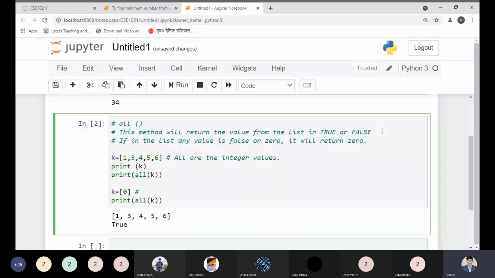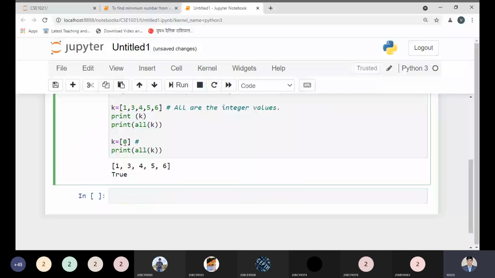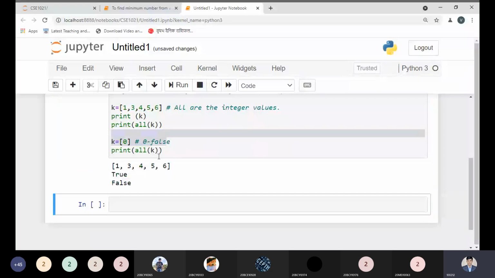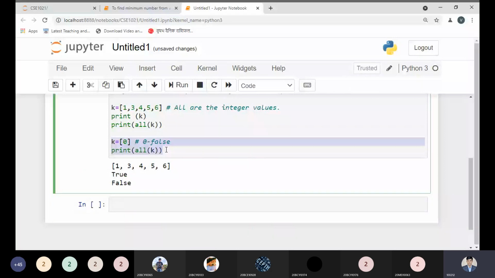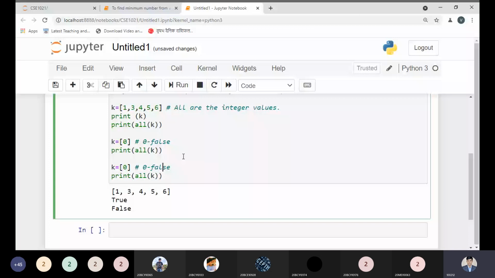So what if we have the 0? Let us check the output. 0 represents false. Let me check. So we are getting False. Instead of doing so, suppose I am just writing 1, 4, 7. Now what would be the output?